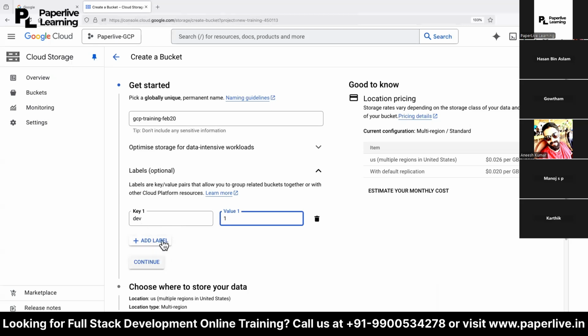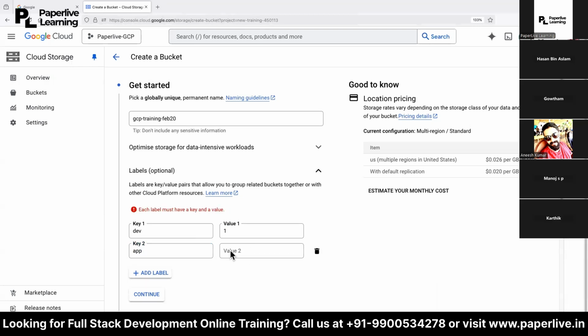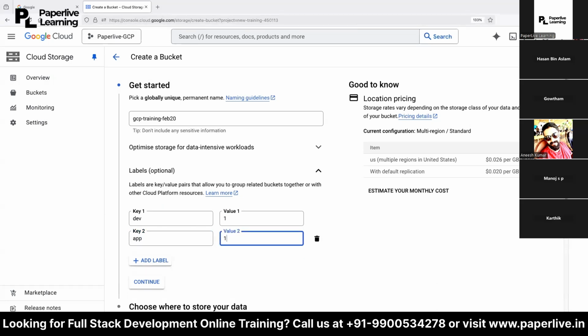Okay, that is about labeling. You will be doing labeling on almost all the services, and you will find this label option. You can add multiple labels also. Maybe develop, then app, maybe something like application 1. I'm just going with 1 simply.